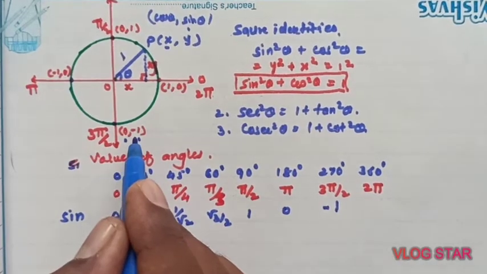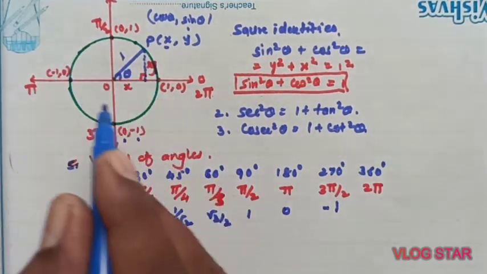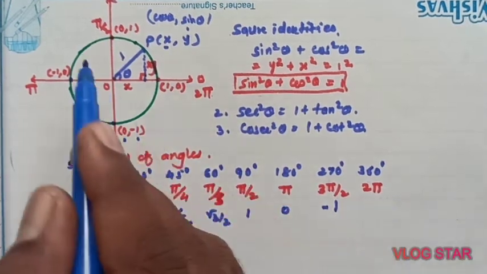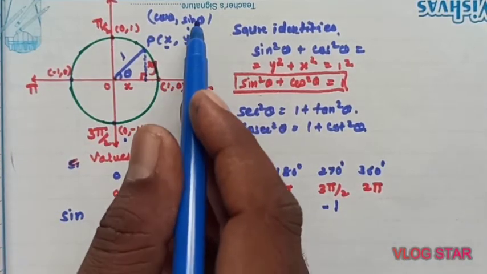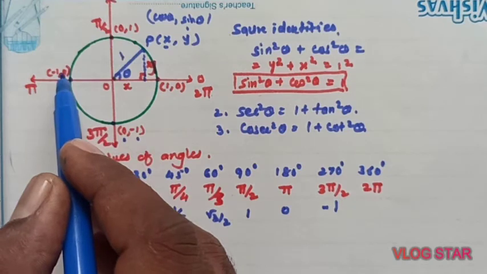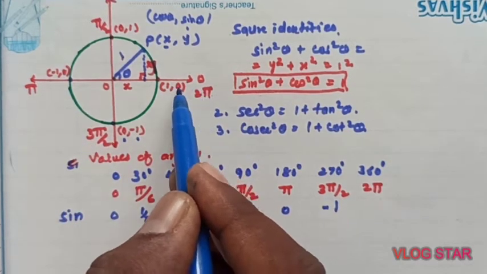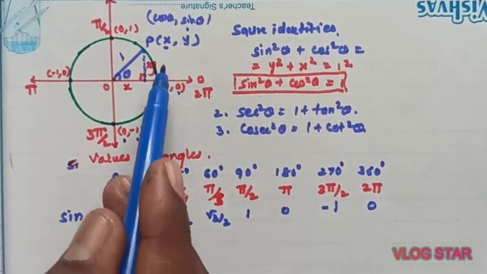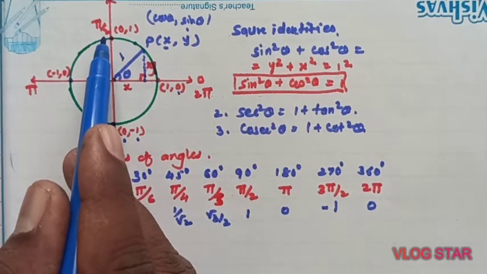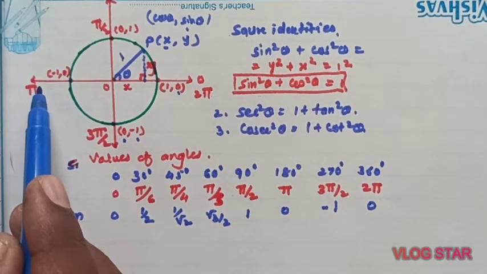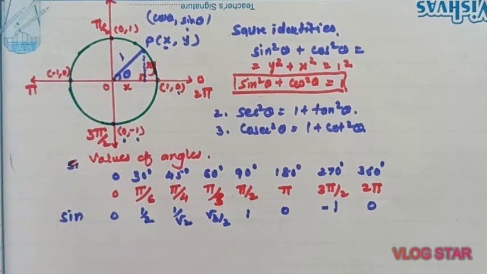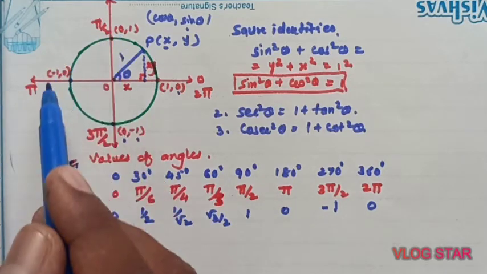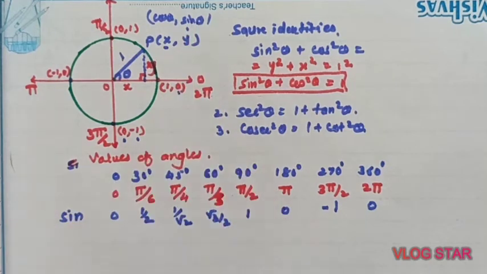You can determine the values of all trigonometric functions through this unit circle. So for 2 pi, since sine is equivalent to y, check the y coordinate of each position. At 2 pi, the y coordinate is 0. Like that, for 5 times pi by 2, 7 times pi by 2, for all the angles you can check the y coordinate, which means sine of theta.